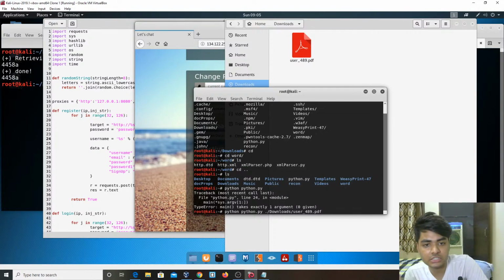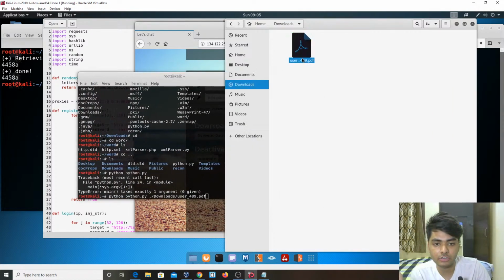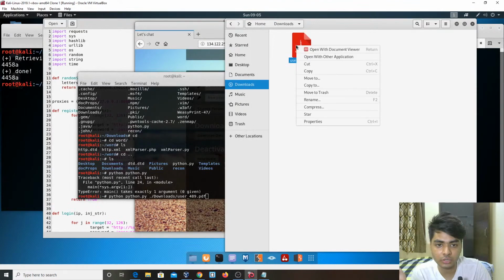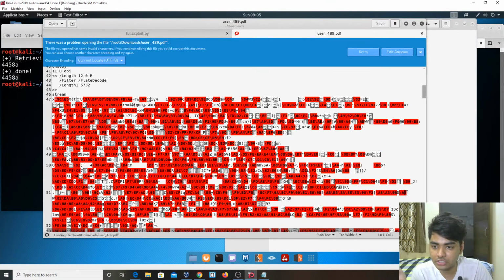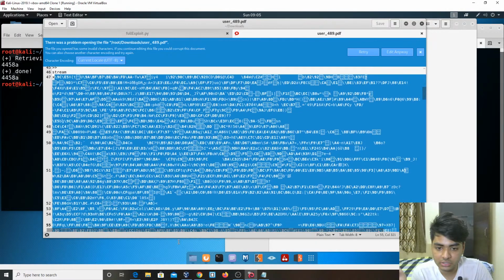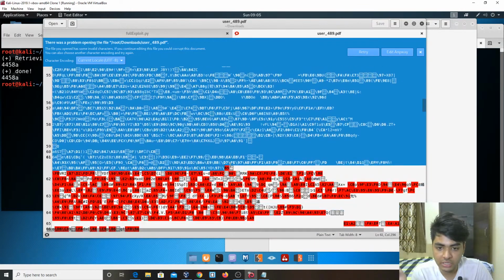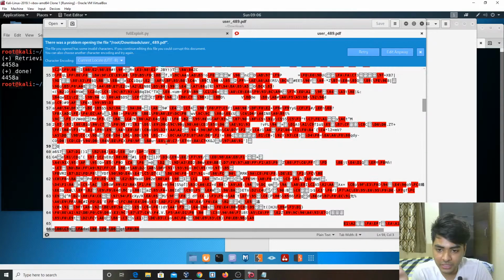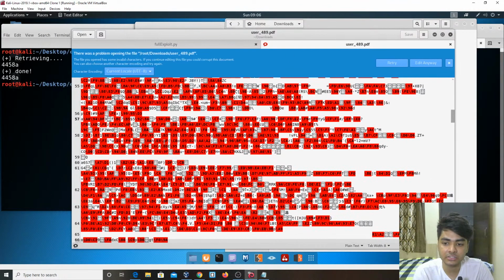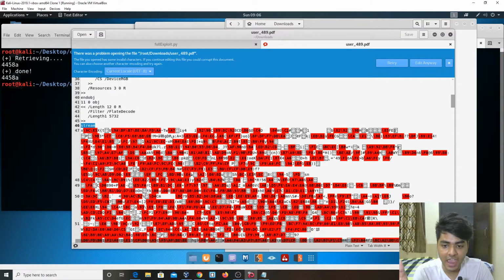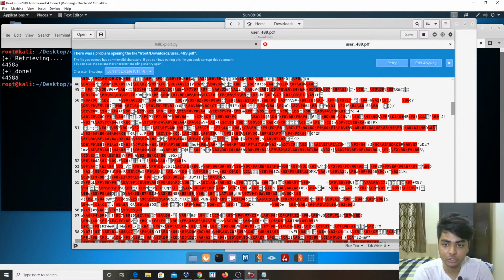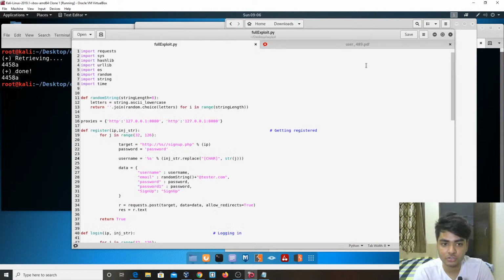So what this code does, if you carefully see this file, if I open this in a normal text file, you will see a lot of data here. Yeah, a lot of data. If you see carefully, there are many backslashes. So what this tool does, it just grabs data after this stream tag, and converts this whole thing into UTF-8. So when I run this